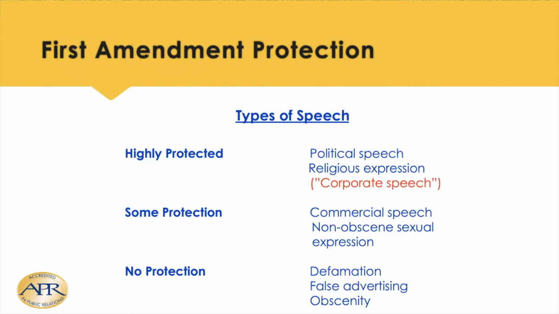And then there's this whole idea of what isn't protected by the First Amendment. Defamation: if we actually say something that is not true about someone, we cannot legally defame individuals. And we're going to talk about that from a PR perspective. What does that mean? Defamation law. False advertising, misleading advertising, there's no protection on that. And then, of course, there's no protection around obscenity and the publication of certain types of what's considered obscene material.